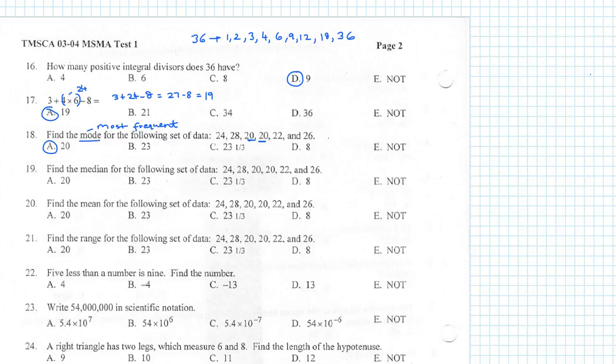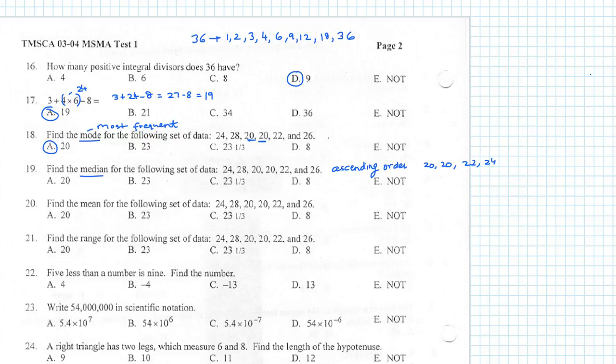Question 19, find the median for the following set of data. So whenever we have to find the median, one thing we need to remember is we need to arrange the numbers in ascending order. So that's the key. That means the smallest number is written first, and then we will write the largest number at the end. So let's start: 20, 20, 22,